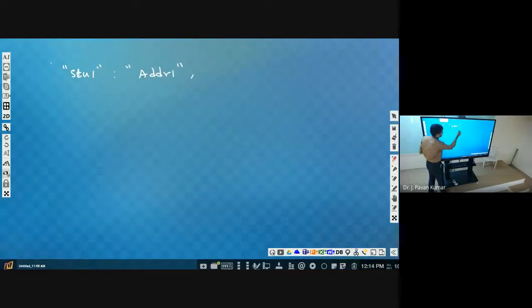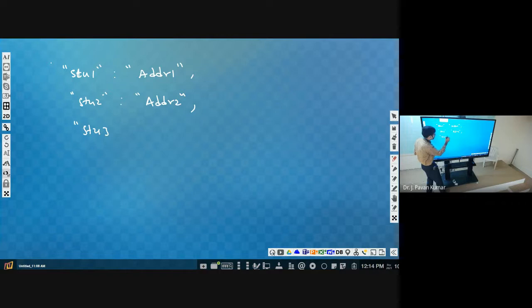Next, comma. With comma only we separate list items, right? Similarly, here also we will have student 2, address 2, then comma again, then student 3, address 3. We can say this is a kind of list, but with user defined indexes.